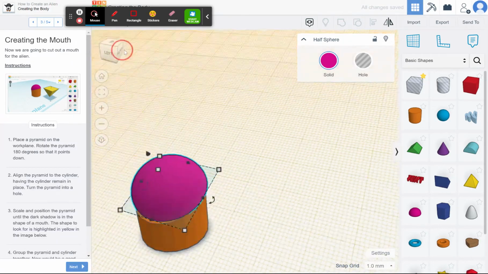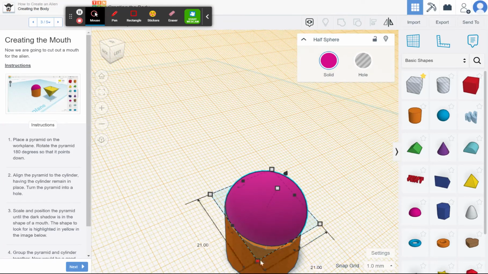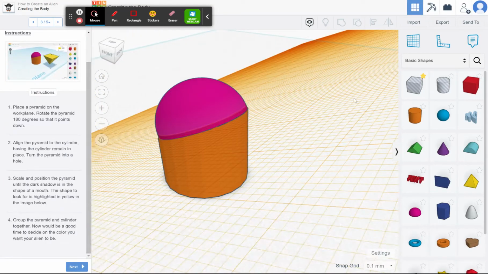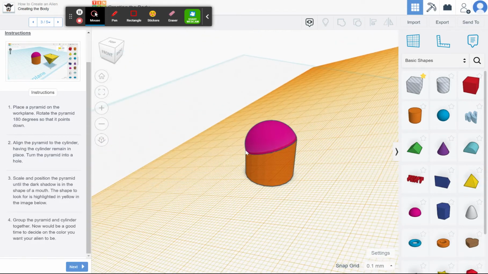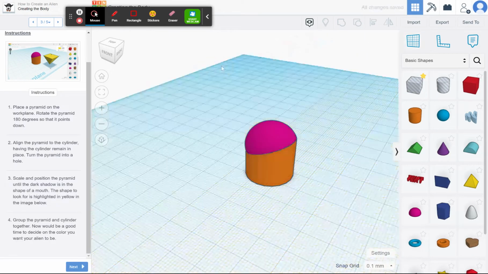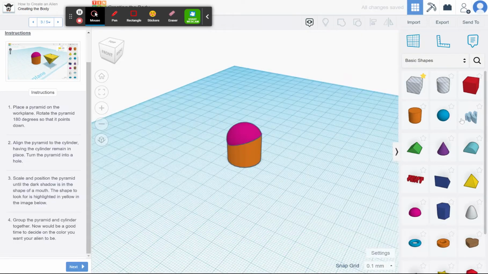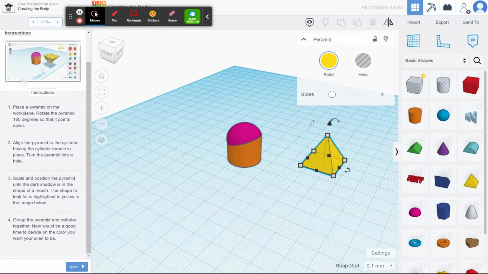Now it might not match up absolutely perfectly, but you're going to get it as close as you can. What it wants me to do is bring in a pyramid. But before I do that, I want to reset my work plane. This is not going to be at 22 and a half degrees. So if you bring in a new work plane and just click in empty space, it'll reset your work area. So I'm going to bring in a pyramid, and you can even see in the preview image,